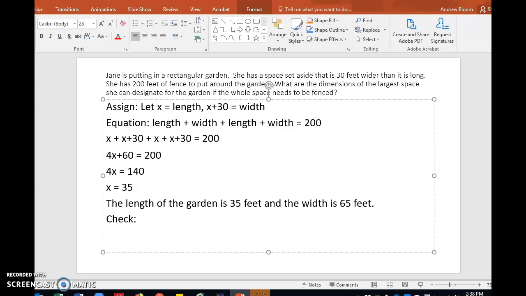We should still check. The first check we should do is the width 30 more than the length. Yes. Then is 35 plus 65 plus 35 plus 65 equal to 200, right? Does that work? Well, 30 and 30 is 60, and 60 is 120, and 60 is 180, and 5, 10, 15, 20, 180 and 20. Yeah,